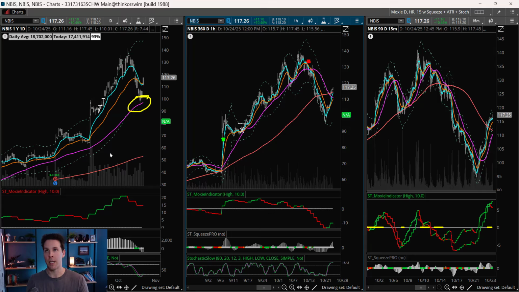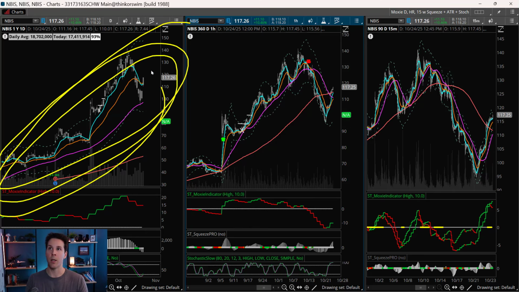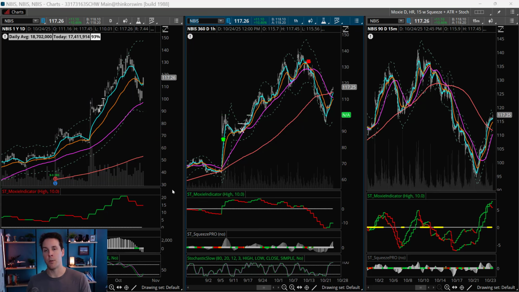It perfectly hit the daily 50 and it came into prior support. Of course it's going to bounce. So that is what you need to be. If you're going to be a short seller and trade things to the downside, you do need to be kind of quick and you need to be aware of these things. You know, don't get greedy. You really just can't get greedy on the downside, especially when we are in a bull market and these things are going up a lot. So you can profit on the downside, just be fast about it.